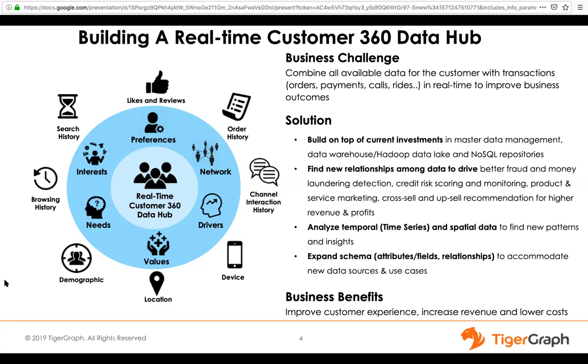Today's focus is we're going to show you a customer journey and how it can be used for a B2B type journey, measuring a customer's engagement and attribution. It applies equally well for a B2C also. Victor will cover that as a part of the presentation. Last but not the least, we are talking about analyzing temporal, which is a fancy name for time-based data, and spatial data or geospatial data, and finding insights in that. So lots of business benefits. Let's go ahead, go to the next chart and look at